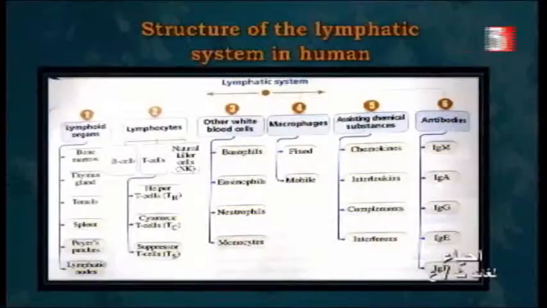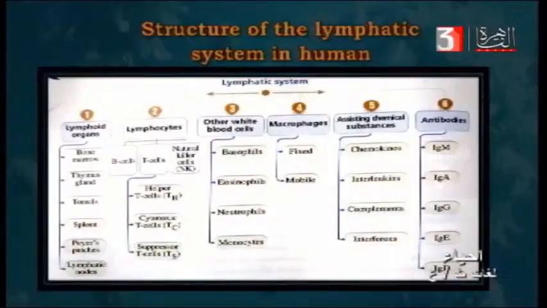Lymphoid organs include bone marrow, the thymus gland, which is found in the neck, tonsils, which are found in the human pharynx, spleen, Peyer's patches, and lymphatic nodes. What are lymphocytes? Lymphocytes include B cells, T cells, and natural killer cells. There are types of T cells: helper T cells,